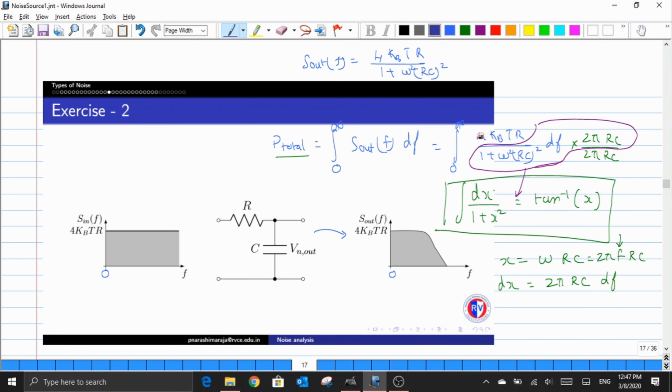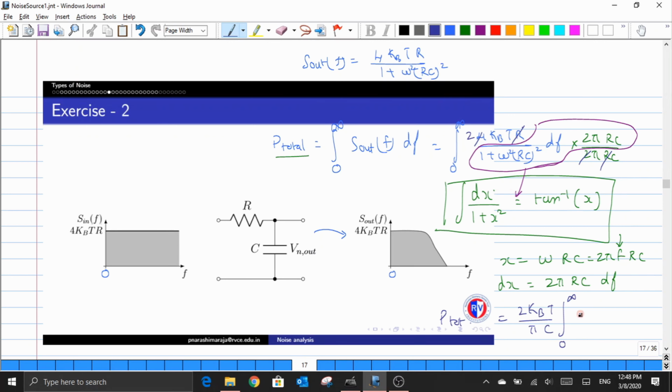So we have an R term which can be cancelled out from both these expressions, and we also have this 2 being cancelled from the 4. Again, this 2 kB T divided by pi C is completely a constant quantity, so one can bring it out of the integral. Now that we have brought this out, the integral is exactly in the form that we wanted, which